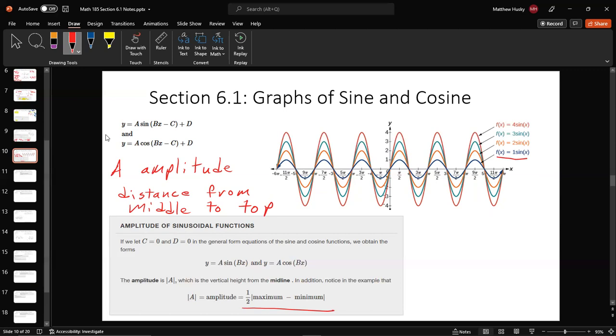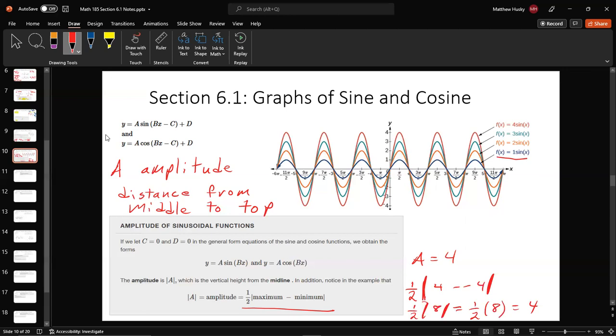So if A equaled 4, that would mean that you do 1/2 times 4 minus -4. Fun fact, 4 minus -4 is the number 8. And even if you do the absolute value of that, it is still 8. And 1/2 times 8 is the number 4. How about that? If you offset the midline, doing that's maybe a little bit more worthwhile, but anyway,